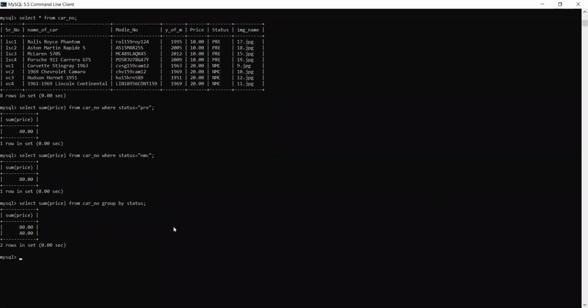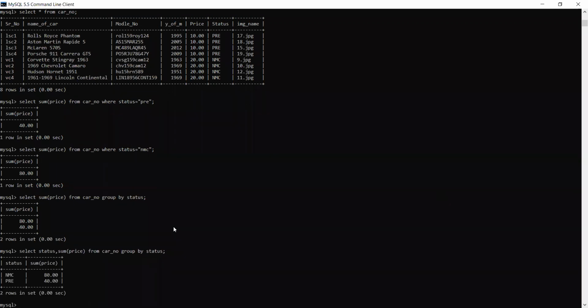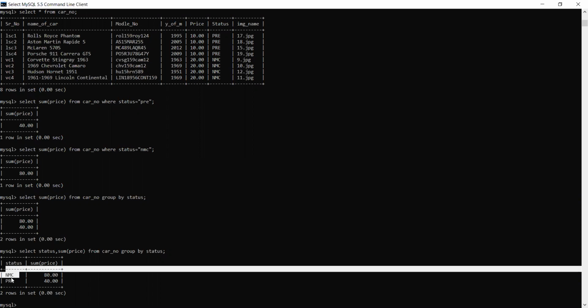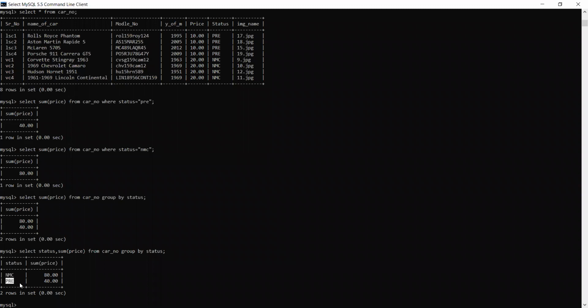Now what you can do, you can write the status name because you are not clear with this, fine. So you can write here status also. See, now when I'm writing status, it is showing me that with respect to NMC, it is 80 because otherwise I was not sure 80 is for what, 40 is for what. So with whatsoever thing I have done group by, I can write that name over here. Okay, so it will be now easy for me to understand that for NMC it is 80, for free it is 40. So this is the first thing with respect to the group by clause.